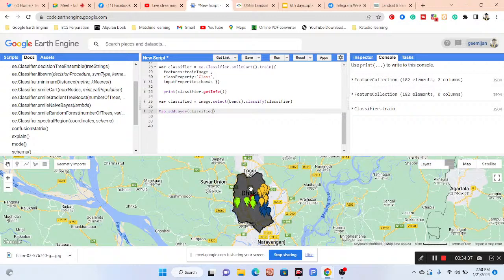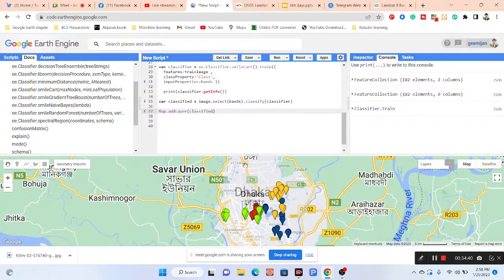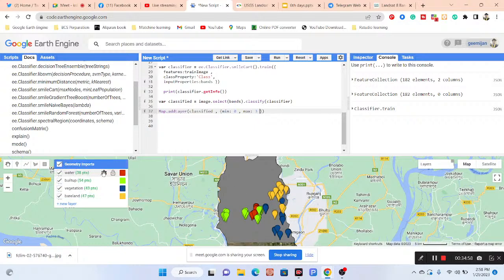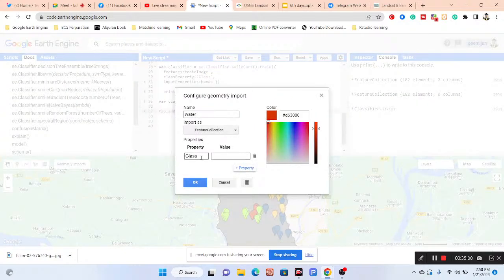So at this time, I add the visualization. Then we can easily identify the water body, built-up area, and vegetation. So I make a dictionary here to add the visualization. I set min to start from 0 and max up to 3, because you can see when I want to use it for water, I use it at the